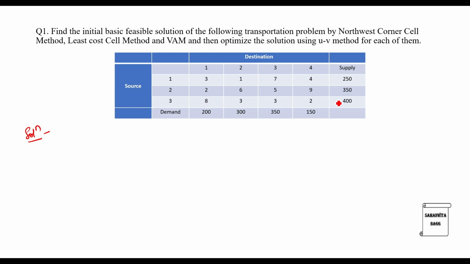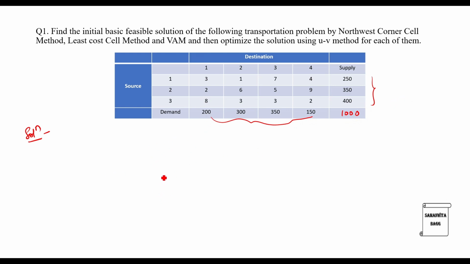First what I'll do is I will check the supply and demand value. The value should be equal, then only it will be a balanced problem. If it is not, then we will have to add some dummy row and column and solve the problem. Currently we will check this value. The summation is 1000 of supply and also of the demand. So since the summation of this value and the summation of these value are equal to 1000, which means supply is equal to demand, so problem is balanced. So we can directly start solving.